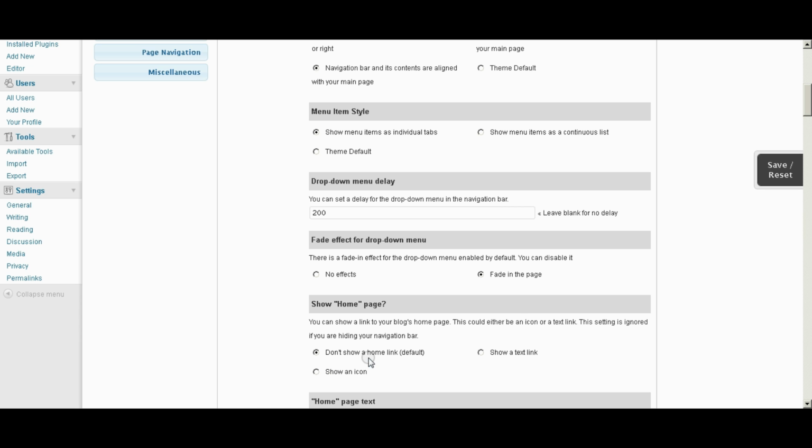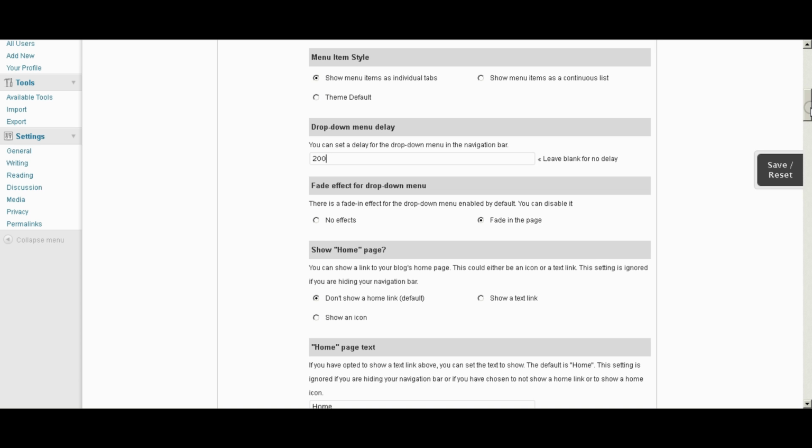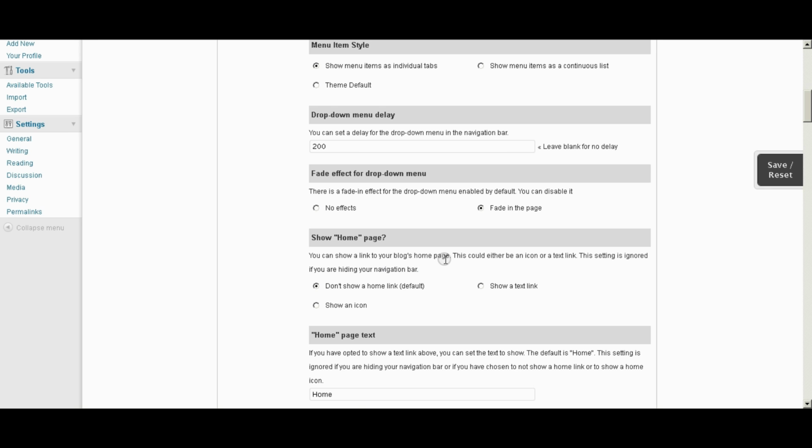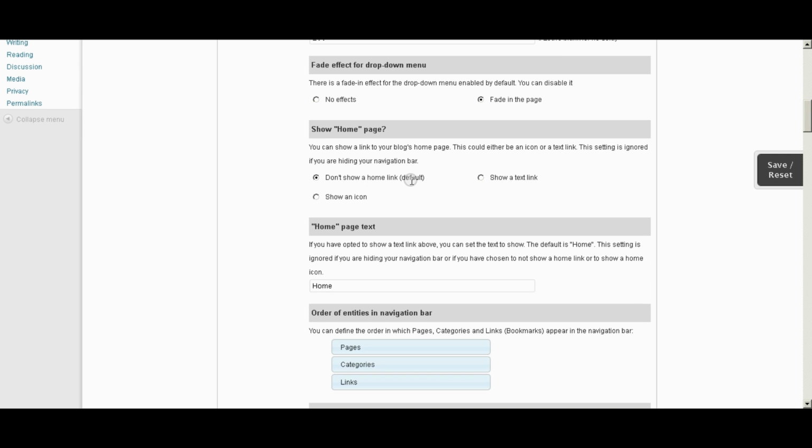And let's go down and show a text link. Now I want to select that one here, yes, for the page. I'm going to show this. I will come back to this a bit later. And this one here, I'm going to show a text link, and I'll check that one. And moving down,